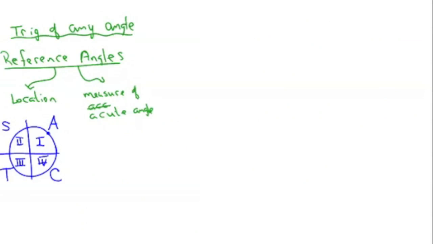All right. So this is the location thing. It's going to tell us what the sign of the function is going to be. And then we're going to use the measure of an acute angle to calculate what the thing is going to equal to begin with. So for instance, if I have the sine of 3 pi over 4,